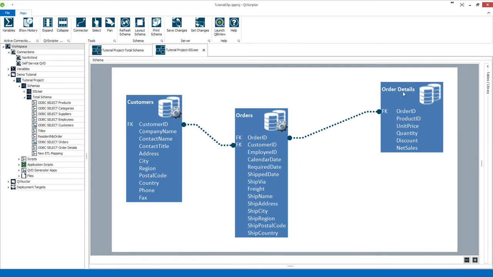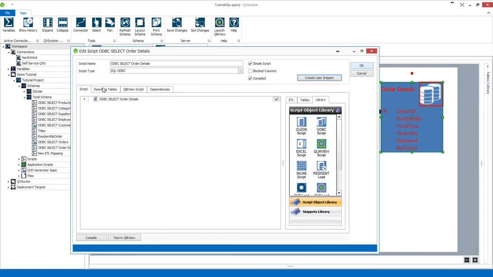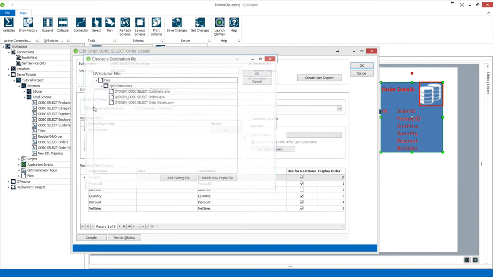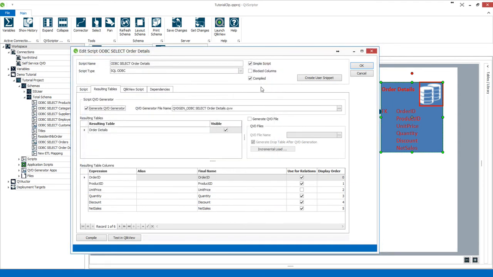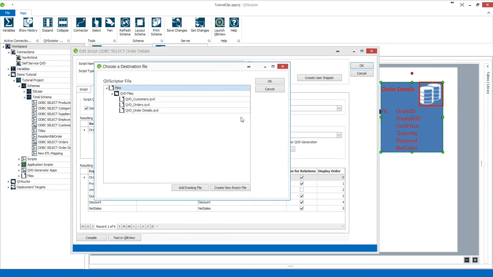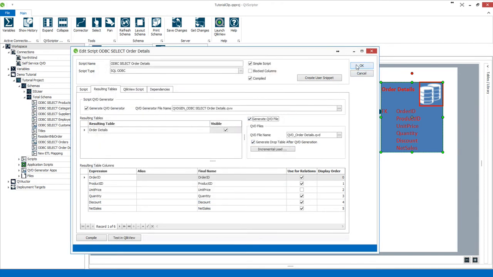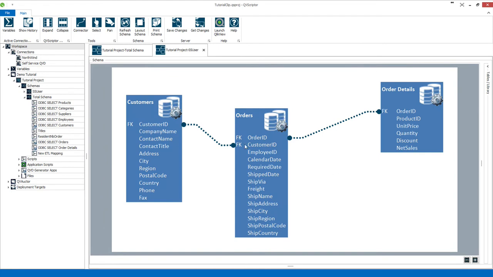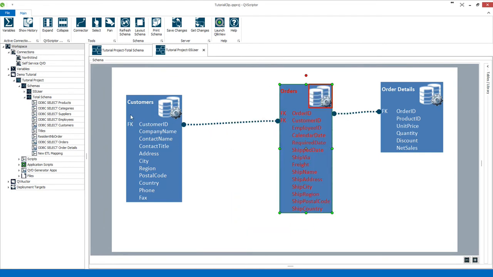See the same with this SQL load and order details. So the script is already loaded into my central script repository. That's why I can just select them. And there we go. So now I've created 3